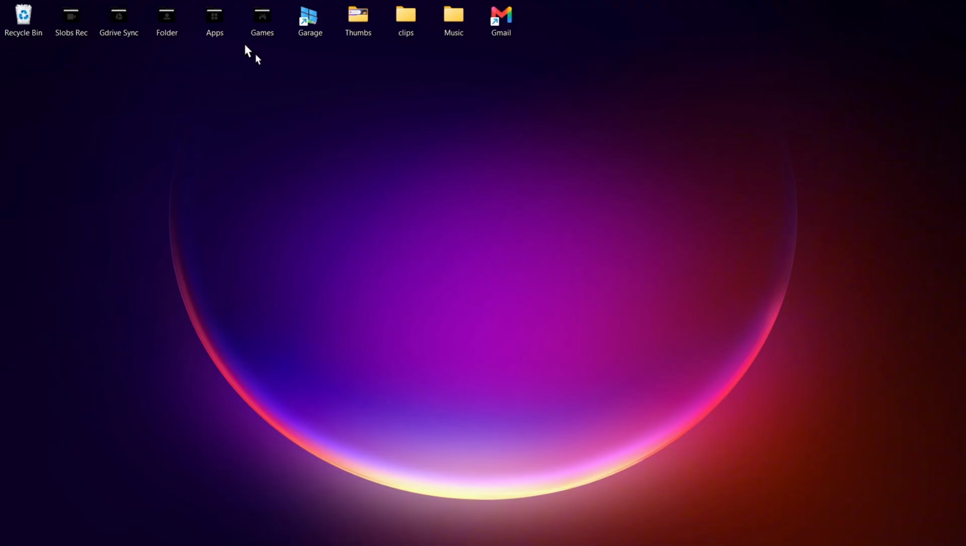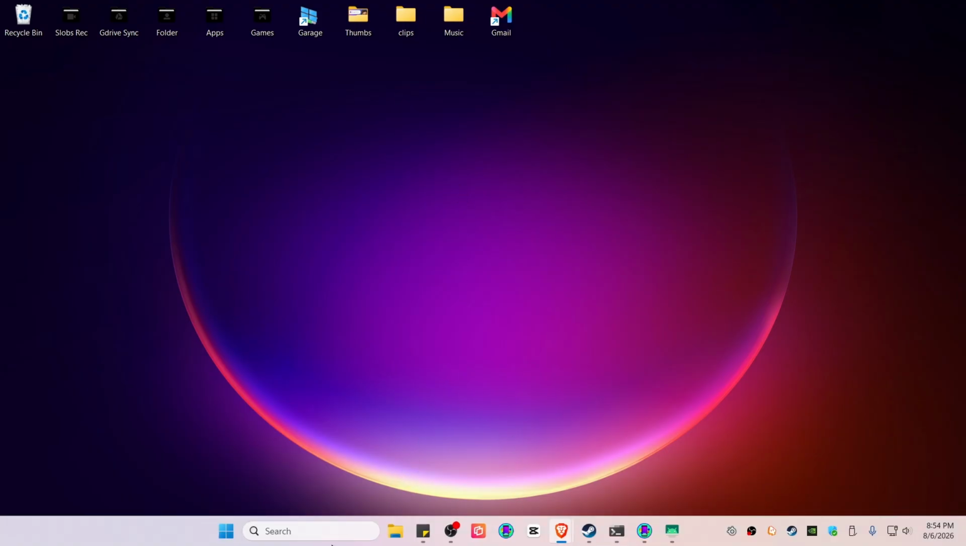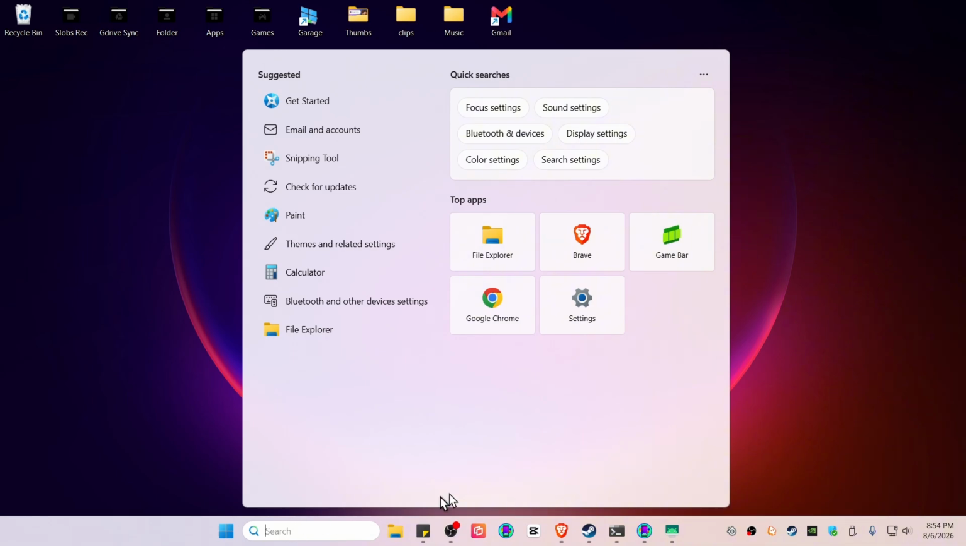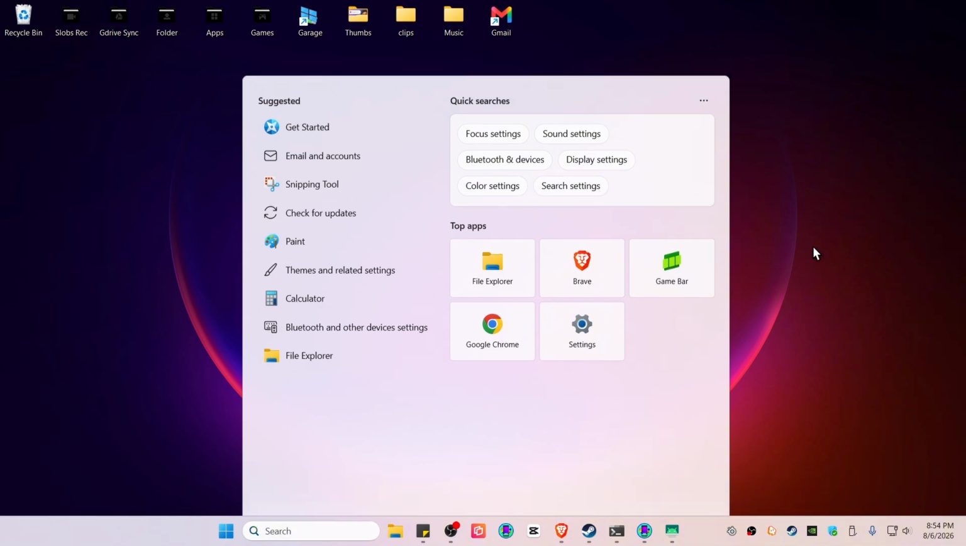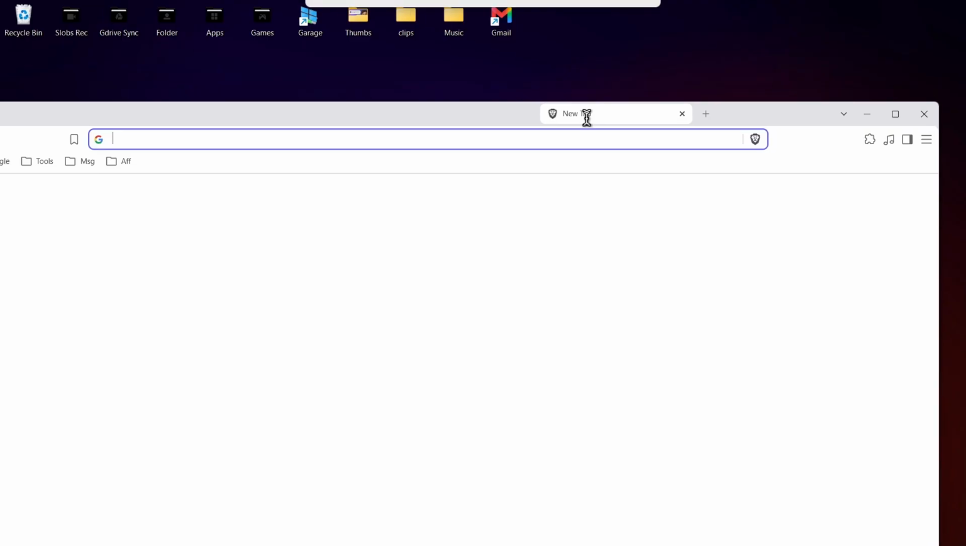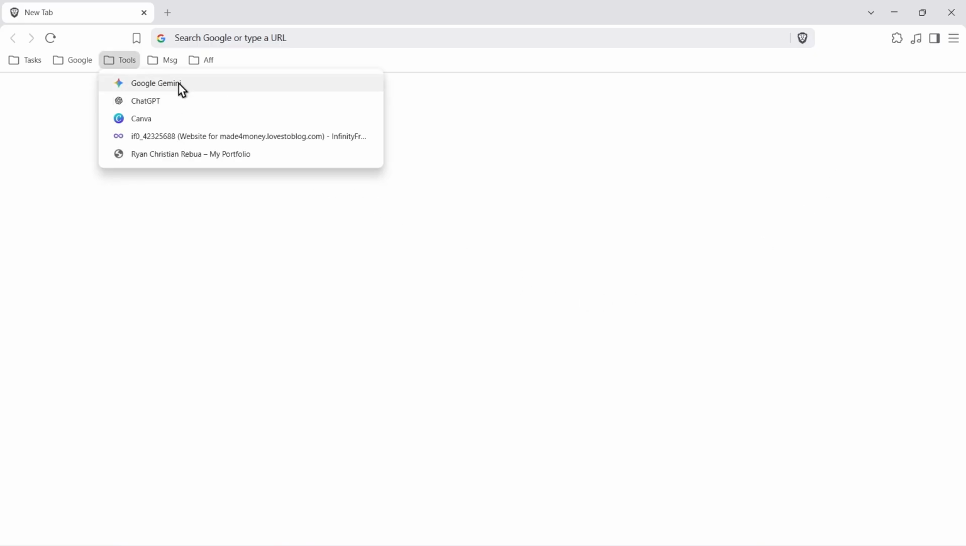Now, to run Google Gemini on your PC or laptop, you can install it as a progressive web app, or PWA, because Google does not offer a traditional .exe or .dmg installer file for desktop operating systems. You can go ahead and open up Google Chrome, Safari, or even Brave if you have Brave. Once your browser is open, just go ahead and find Google Gemini, or go to